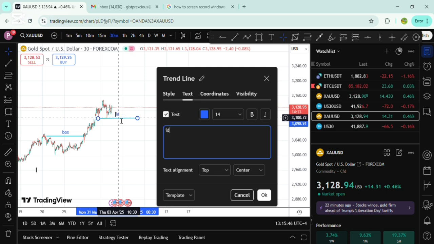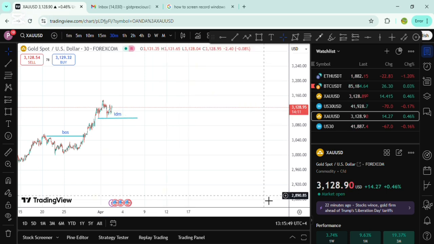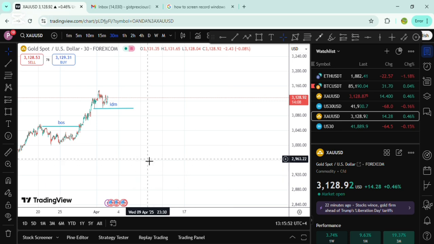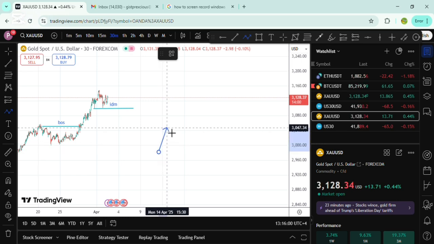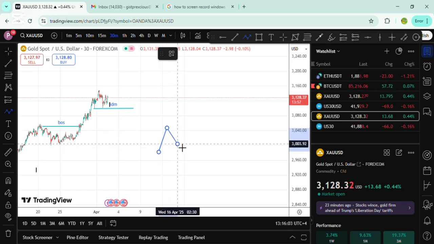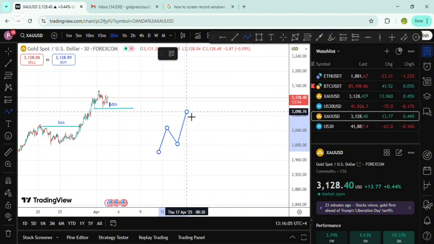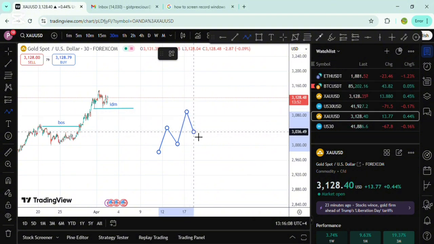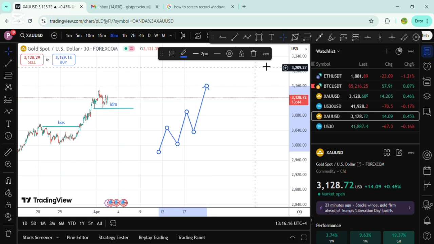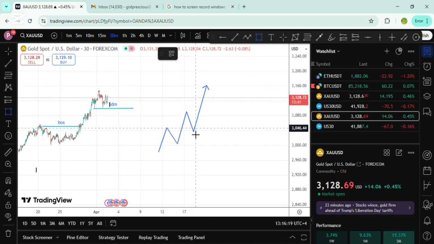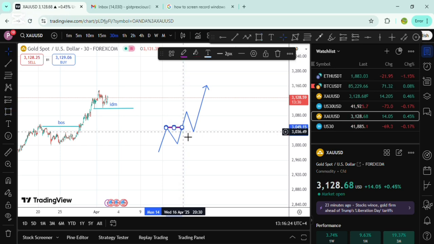I'm only analyzing the market. I didn't build a house on the market, so the market is not a foundation where I can just build a structure and it plays out. If you build the structure, maybe 5 out of 10 is going to work out, 50-50, because this is the market structure. There's always a BOS, a break of structure, an inducement, another break of structure, then it goes for a buy trend. You see it on the market there.